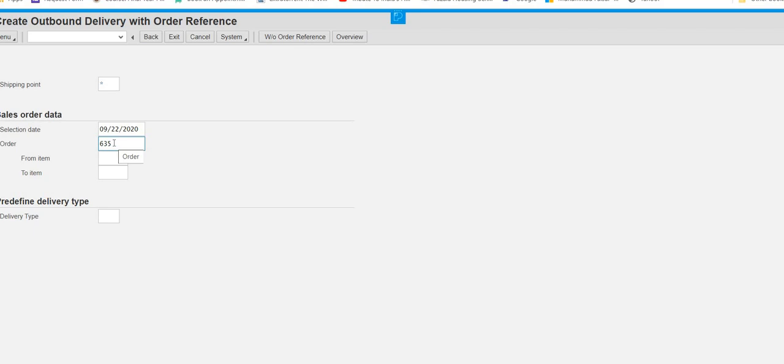Now this is the strength of SAP ERP, that you are not required to enter that data again and again. Even if that number is required to enter, sometimes it does not show it, but you can just enter that number. And once you go inside, you will get all the data from the sales order in this document. So what next do we have to do in this case?